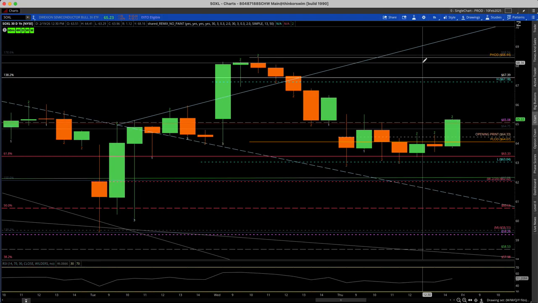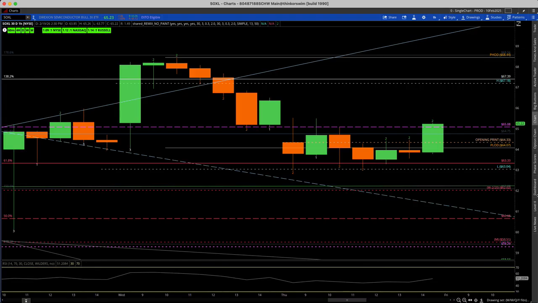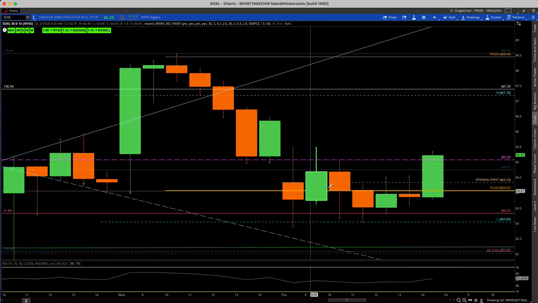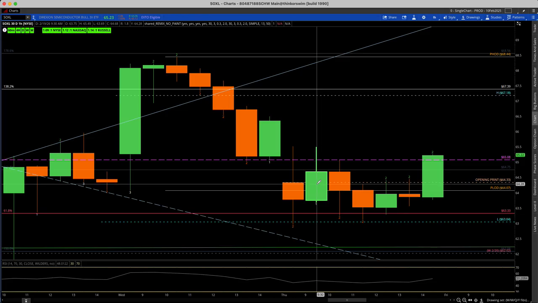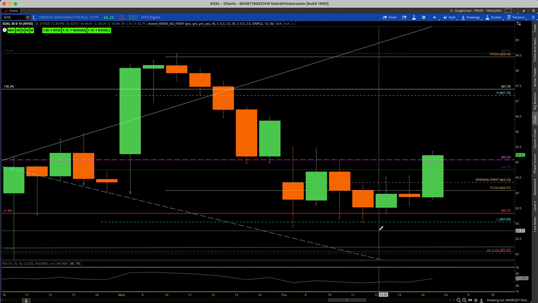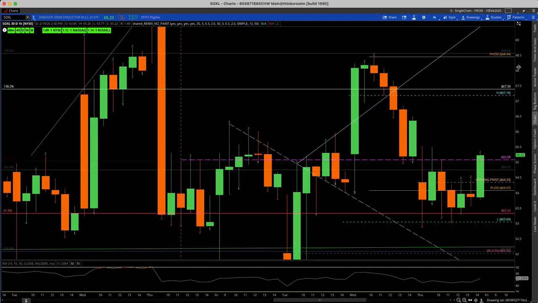Let's see, that's the 15. I didn't even take a look at what the 1 hour looked like. Did we get a lower high? No. So it tried to go 2 up here, that second hour of price action today, which, if we failed that and continued to go down like we did the rest of the day, would have given us a lower high. But as of right now, just looking at the hour time frame,